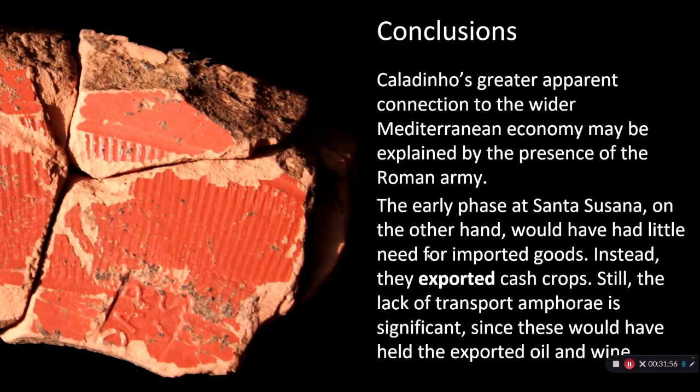So what in the world is going on here? Caladino appears to have a greater connection with that wider Mediterranean world and with what it means to be part of that Roman economy. And we might think that's because of the connection with the Roman military, that it's the Roman army that imported these things, and then they trickled down to the inhabitants at Caladino. Santa Susana, on the other hand, that early villa,